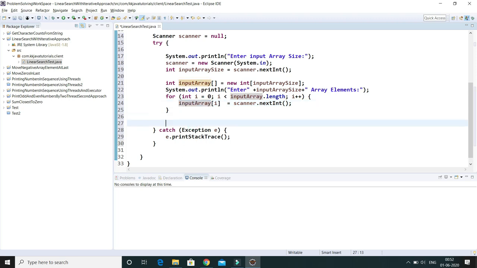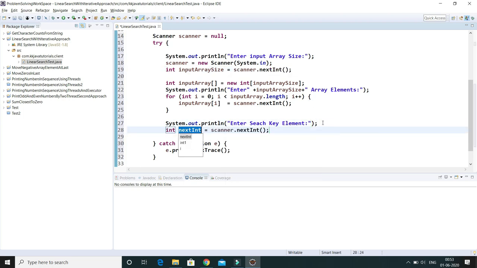Once we populate all the elements in the array till the array size, then it will come out of the loop and ask the user to enter the search key. Whatever element the user wants to search from the array, the user has to enter, right? And again I'm going to use scanner.nextInt. I would say search key.